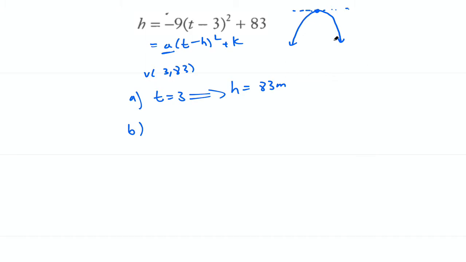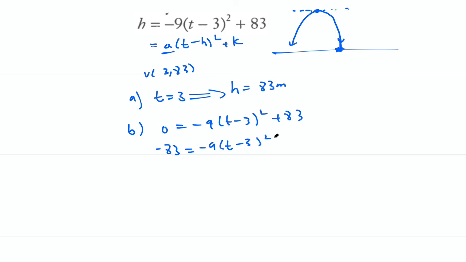Okay, so then we want to find out when it hits the water, the height becomes 0, right? Because once you shoot it, once it lands, this height is going to be 0. So when we have this, we're basically solving for when h is equal to 0. Okay, so we're solving for this equation. If I move the 83 over,